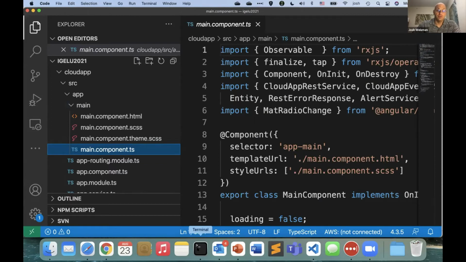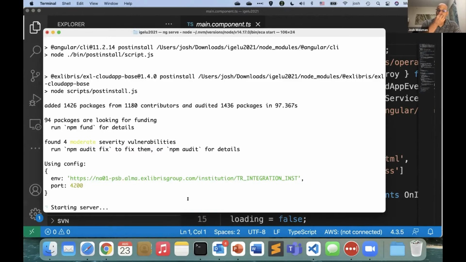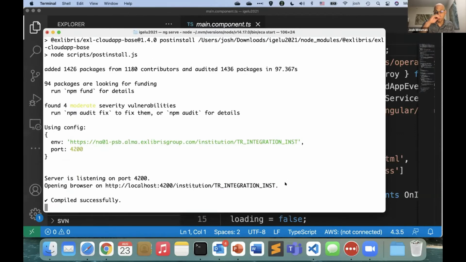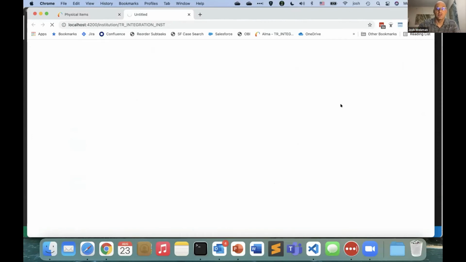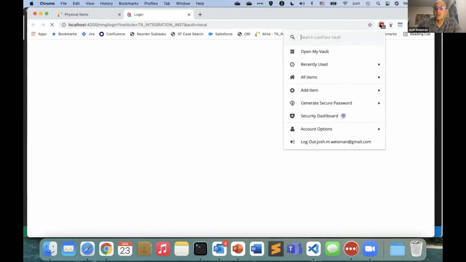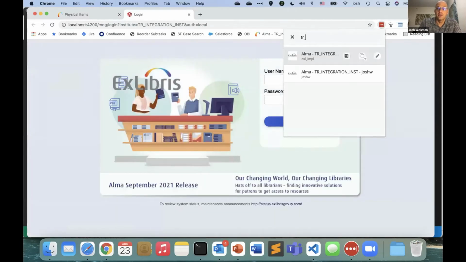So the CLI, the first time it runs, of course, is going to spend some time installing all of the dependencies, and then it's going to start up this local development environment, and then it's going to pop it open for me in localhost. And again, the dev environment is running in localhost, but you see here from this configuration that it's actually using my Alma, which is available, of course, hosted. So let's go ahead, and it just popped open my development environment. Let me go ahead and log in.